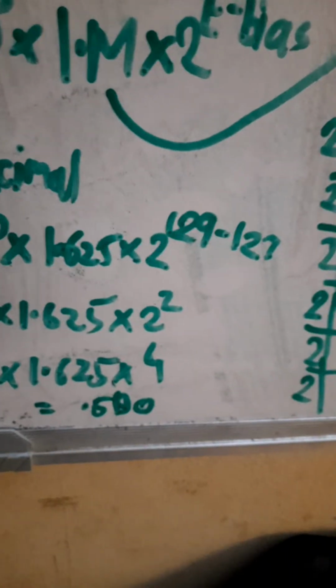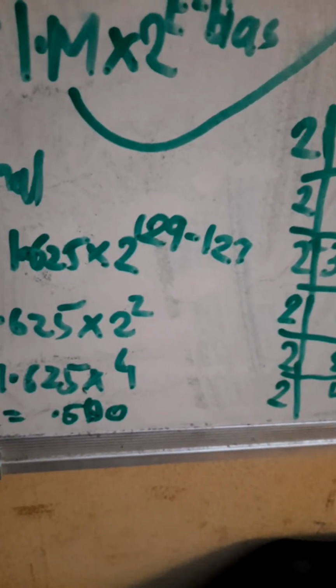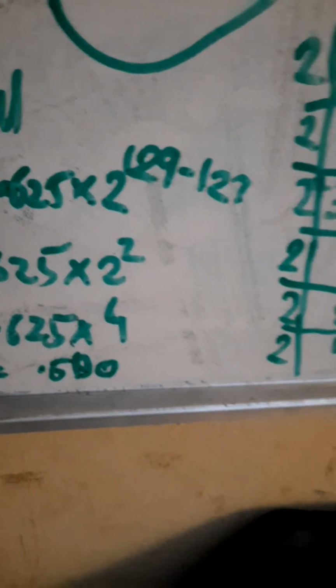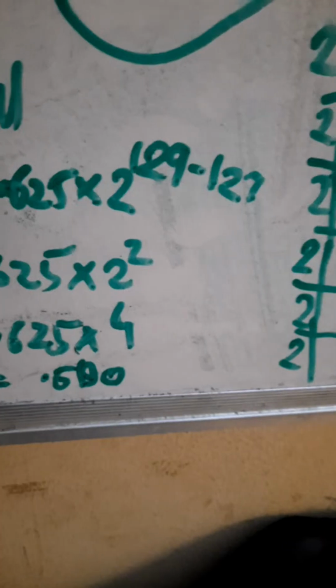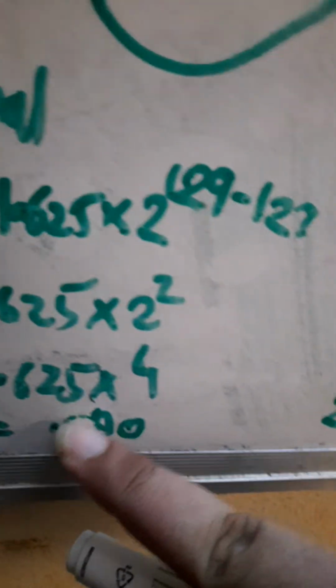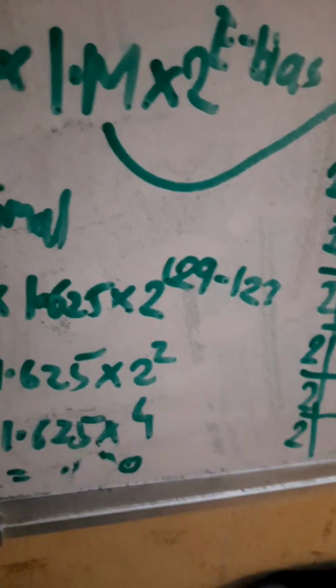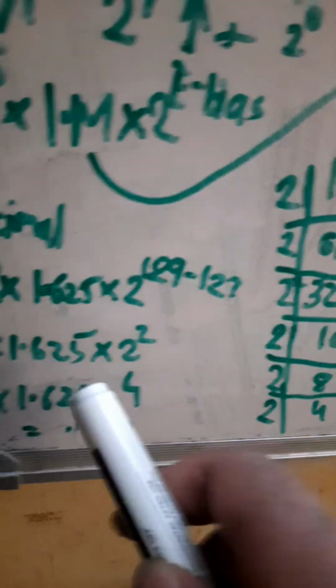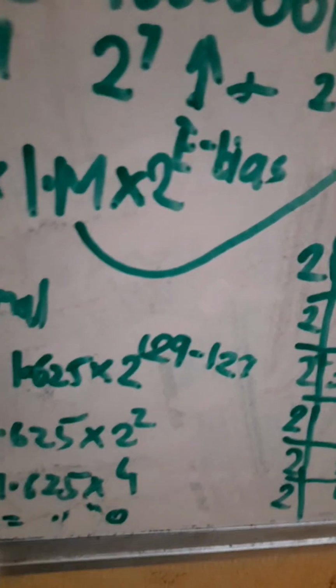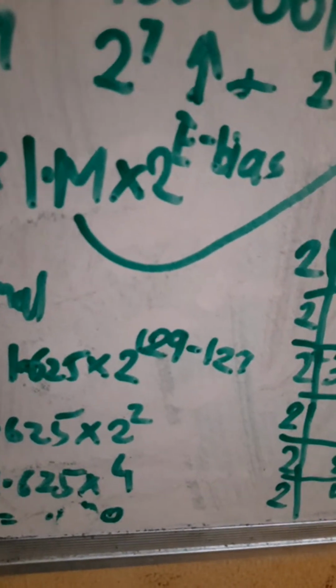Wait a second. 4 5s are 20. Okay, so 0. 2 remains. 4 2s are 8. Wait a second. We are doing something wrong. 4 5s are 20. Right. Wait a second. So